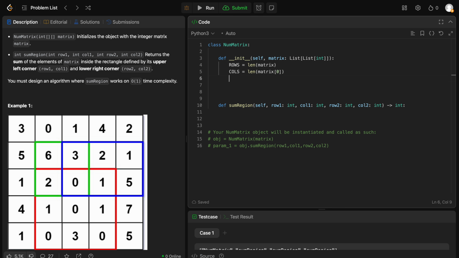And now we'll need a prefix matrix, let's call it pre. And pre will be 0 times cols plus 1